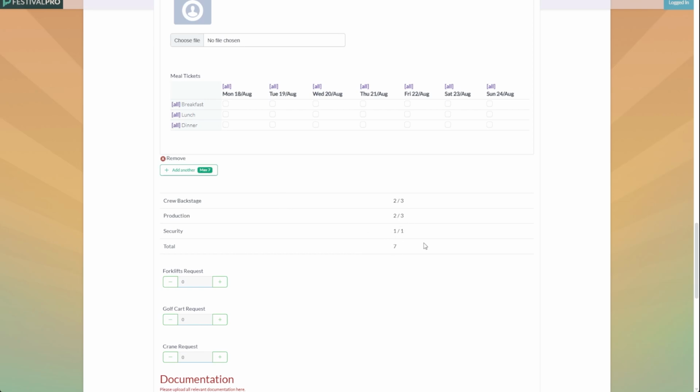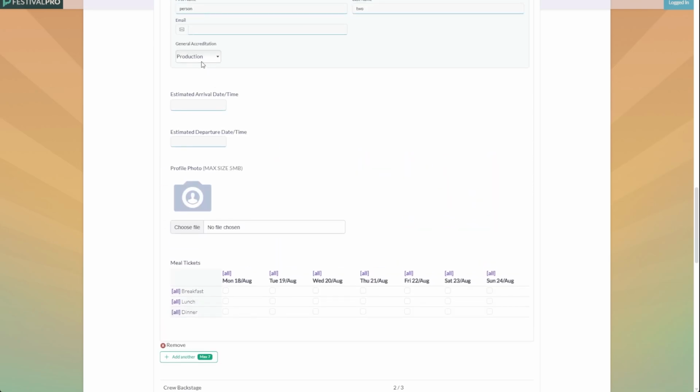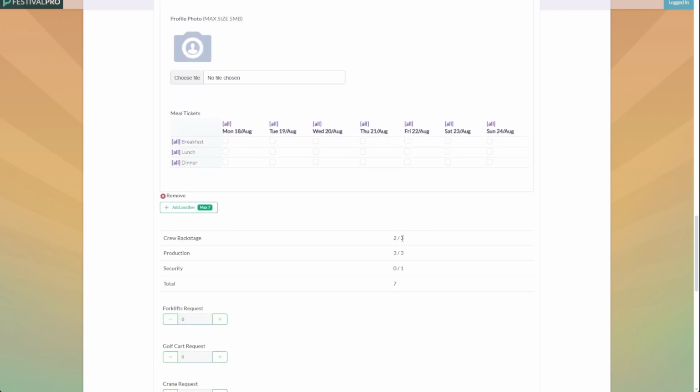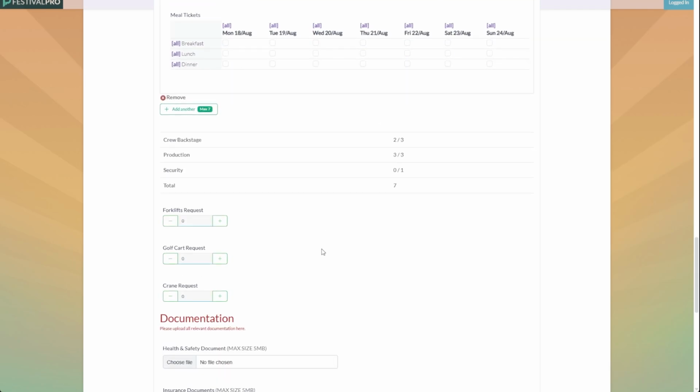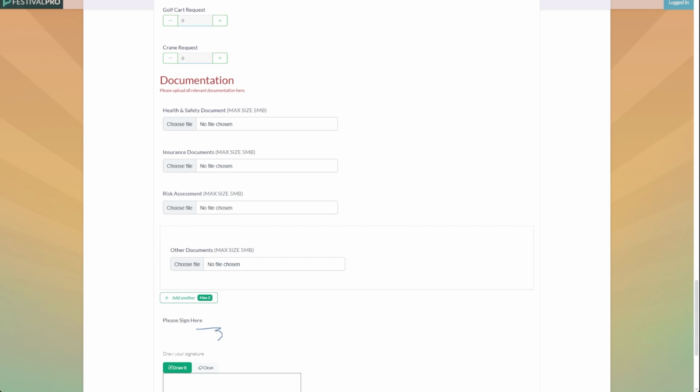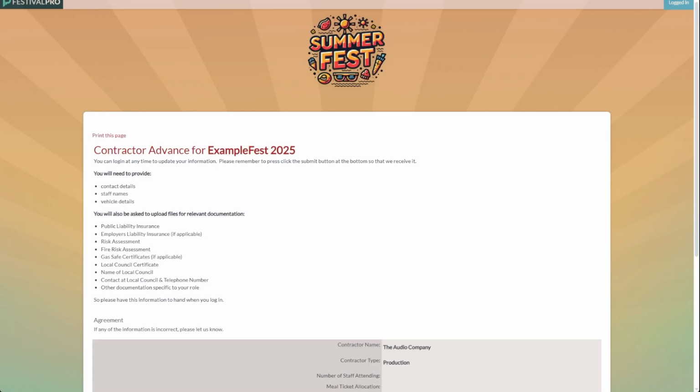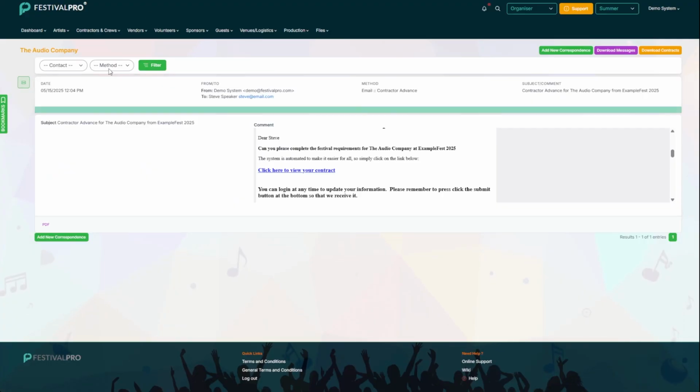So we've got 1 of 1 security passes here at the minute. Let's change this to security. We can see we've got none of those left to allocate, and collect those document uploads. And then any actions based upon the completion will also happen. So if we just go back to the form itself,